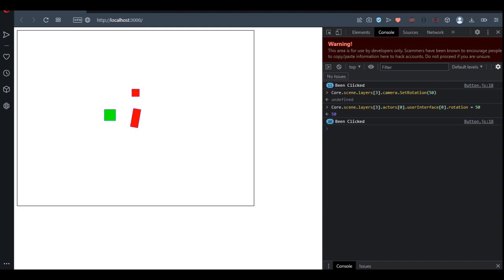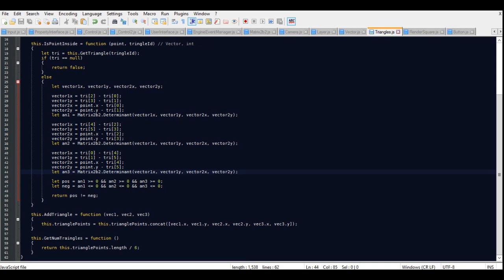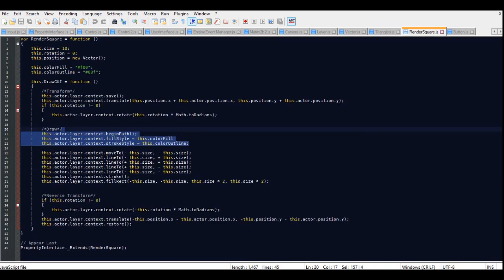Okay, well, whatever problem that is, we can figure it out later on. And I do want to change this render square to render rectangle, or yeah, just do rectangle. So this will actually change its property from property interface to